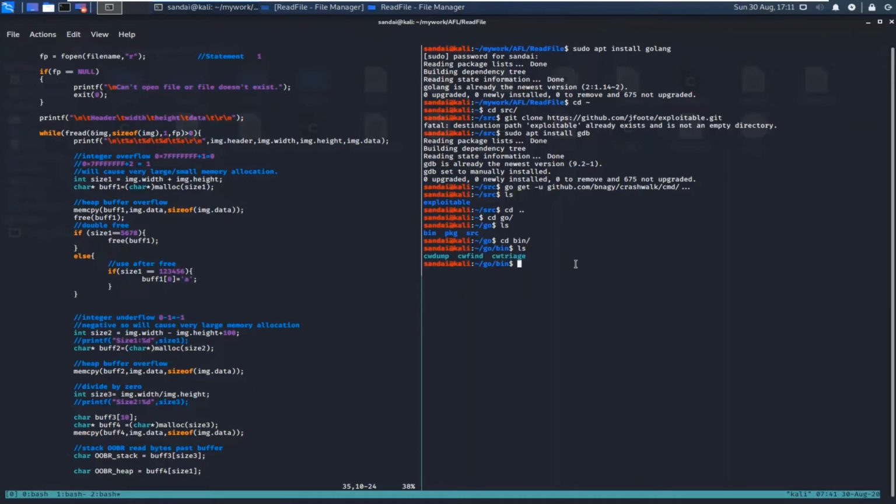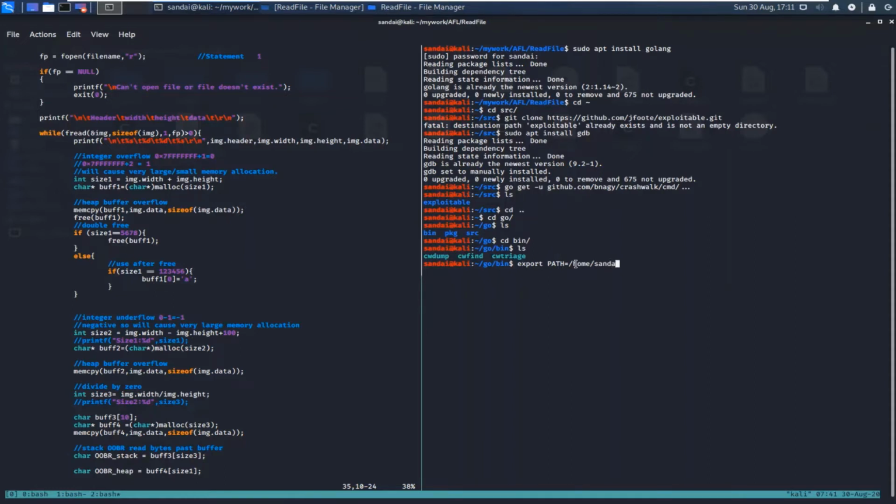So now that we have Crashwalk installed on our system, we can add this binary to our path, so that we can just run cwtriage or any of these commands. We don't need to give the full path over here. So let's do it. We can do it simply with export PATH, then the path to the Go bin directory.